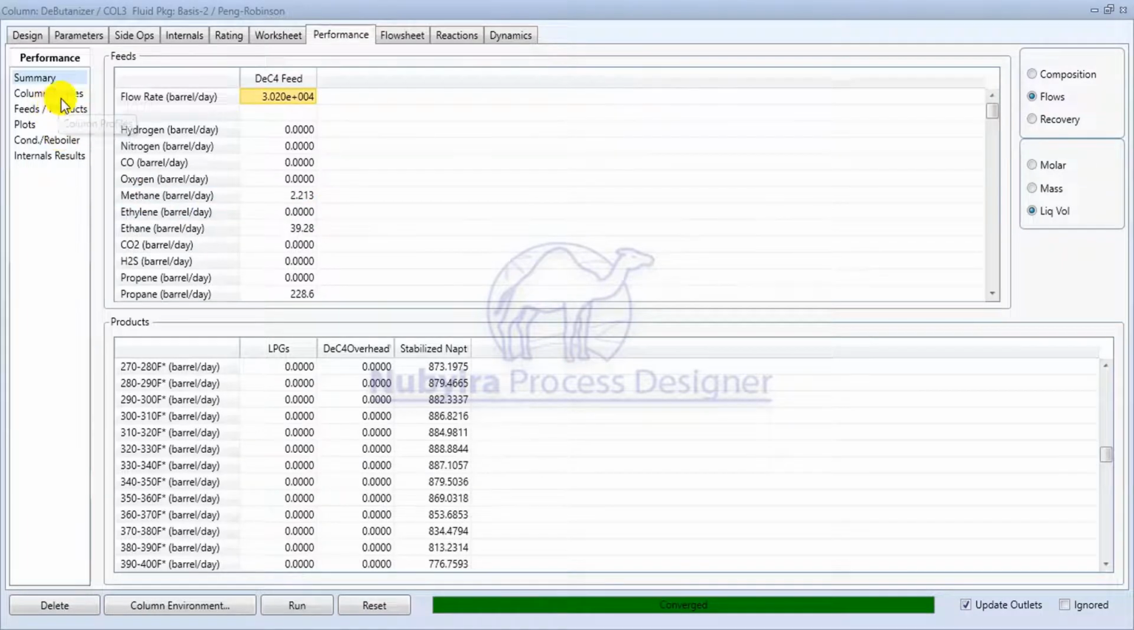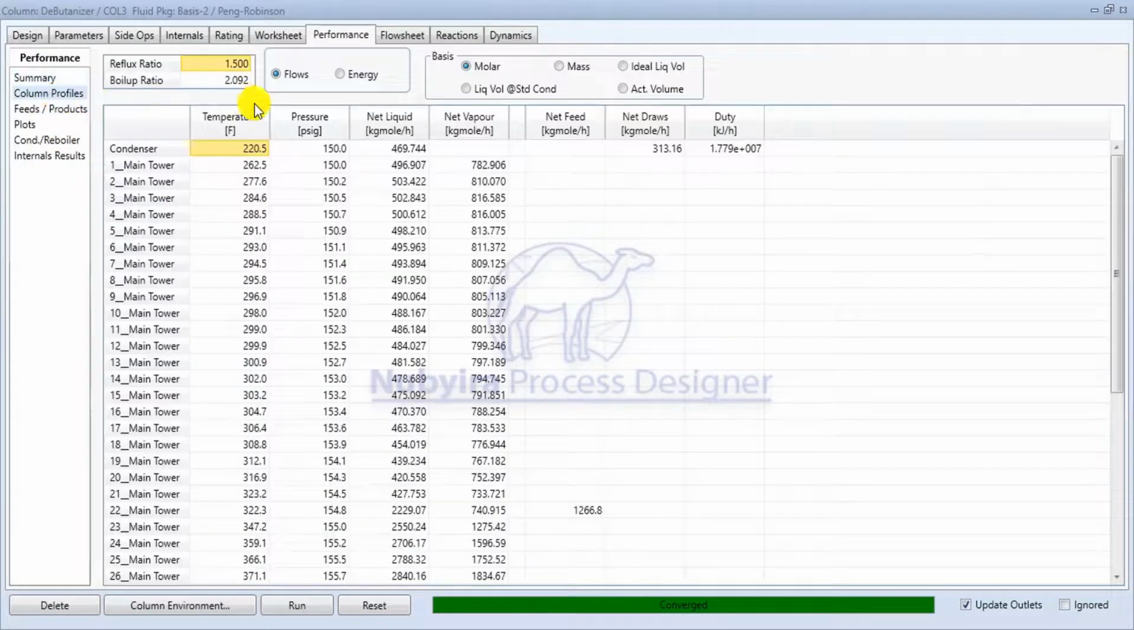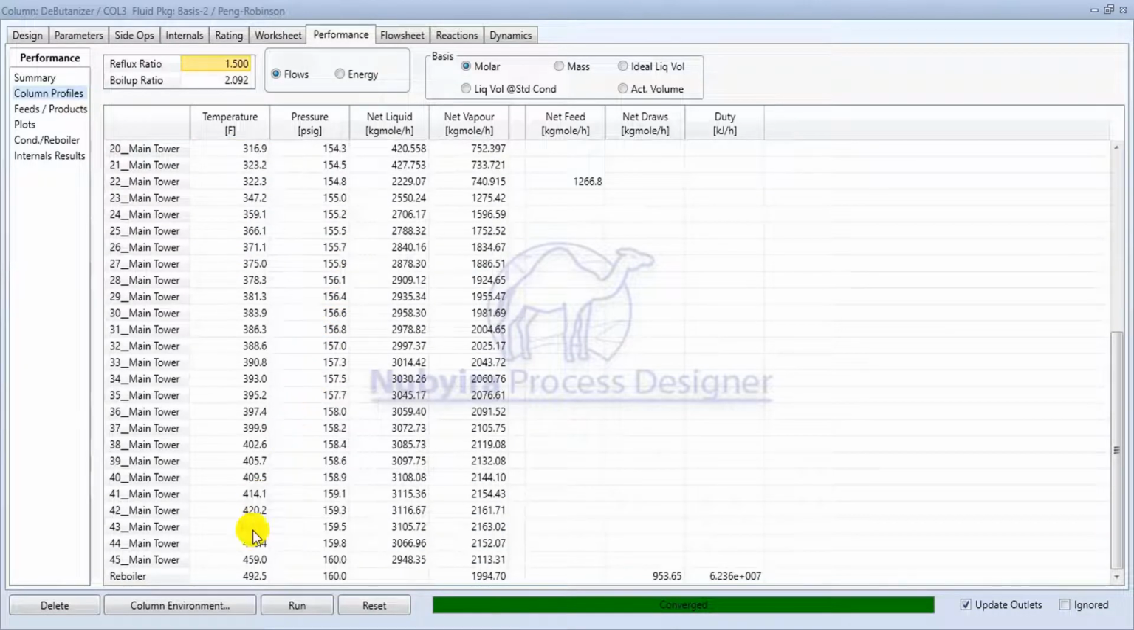So then you can check the other profile of the Debutanizer column, the reflux ratio, the boil-up ratio, and the flows, and the pressure and the temperature of each stage that is calculated. So the top stage temperature is 320 Fahrenheit, and the bottom stage is